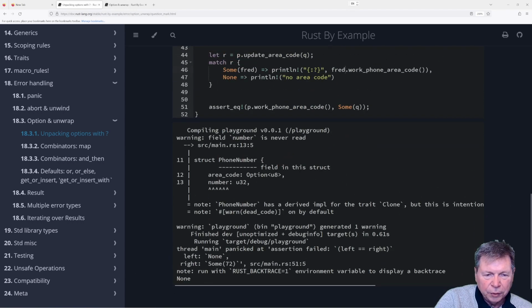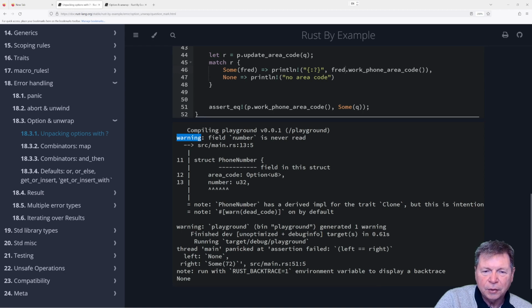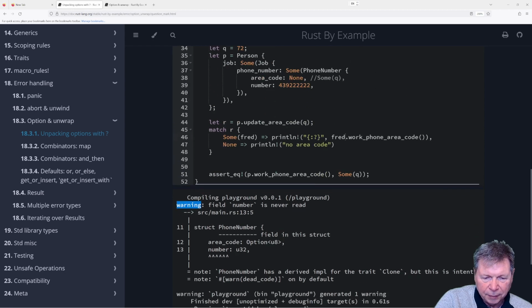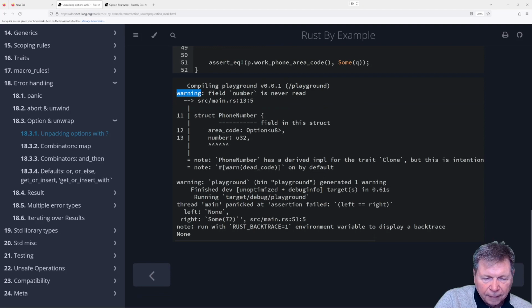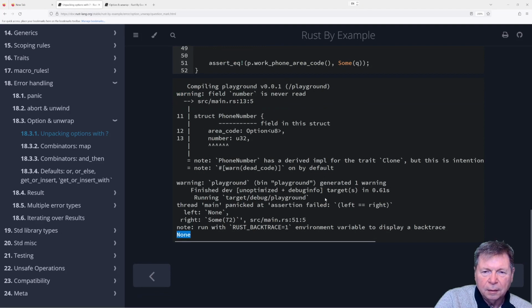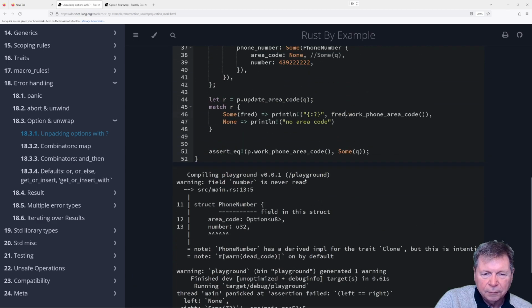Field number is never used. Oh, it's a warning. Oh, good. Warning. Playground. Thread. Left none. Right some. Okay. So P. Oh, right. So P's. But what did we print out? None. We printed out none?